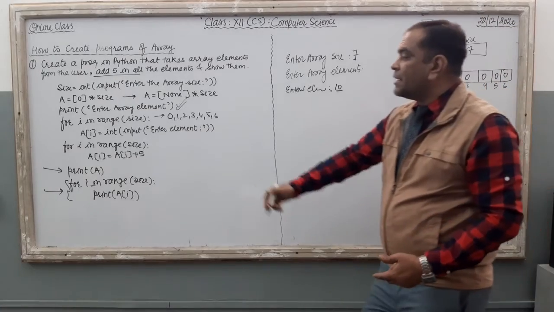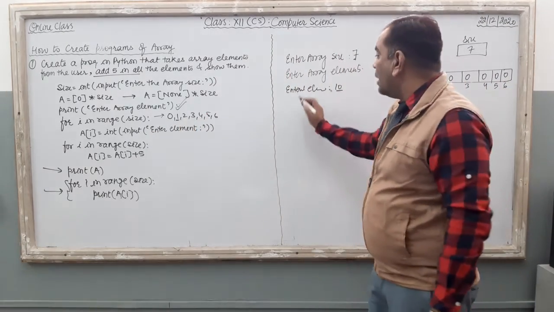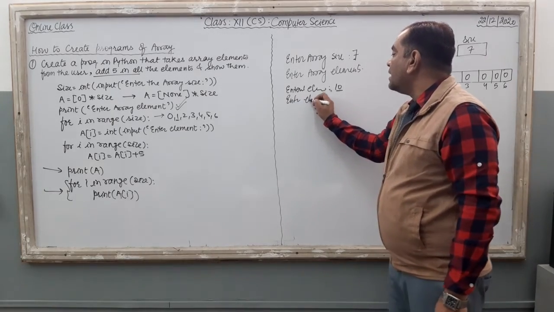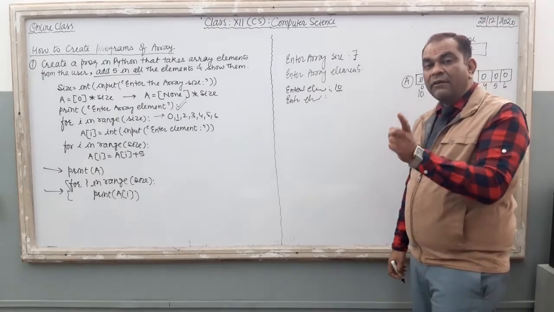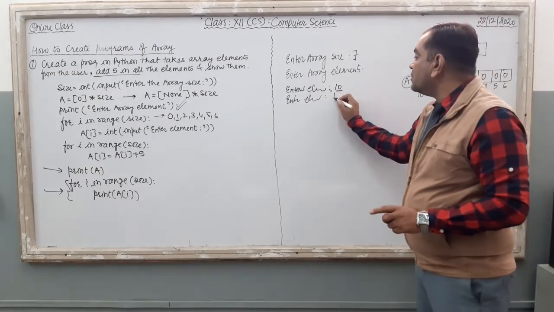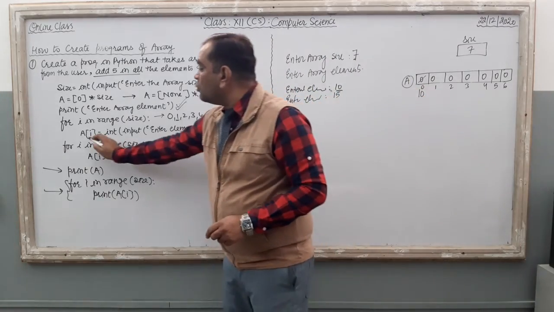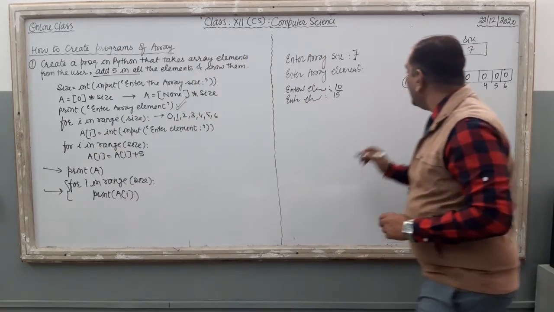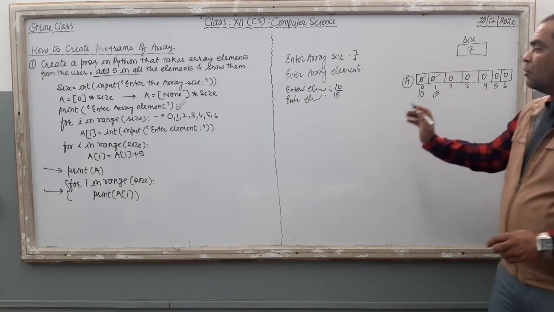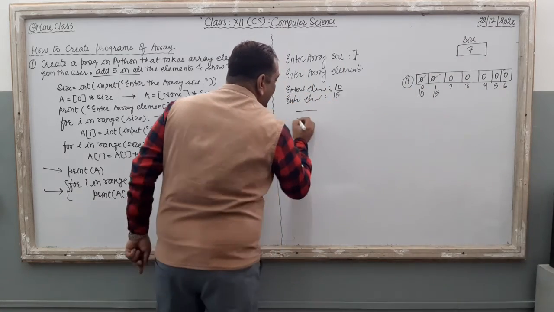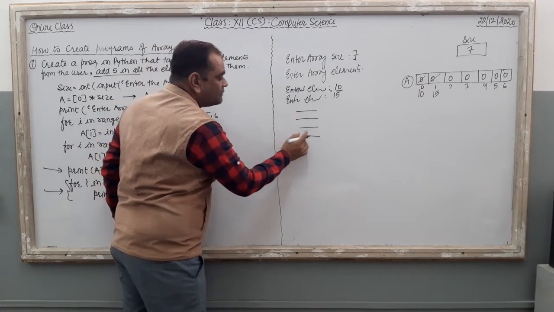Again the for loop will execute with the value 1. The range function supplies the value 1 now. Again the message enter element. Clear? The value of i is 1. Now suppose I enter 15, then 15 is inserted into A[1]. Here 0 is replaced with 15. So this message is there at 7 different times: 1, 2, 3, 4, 5, 6 and 7.